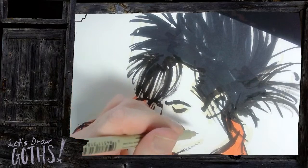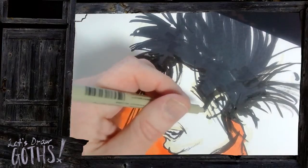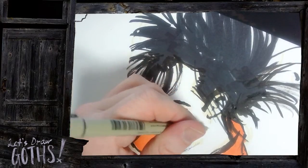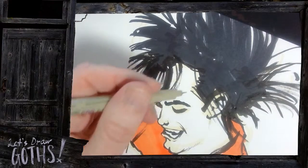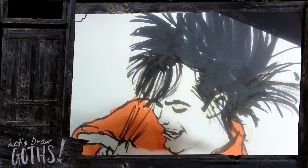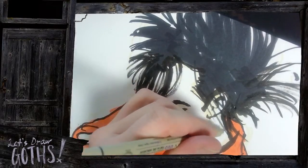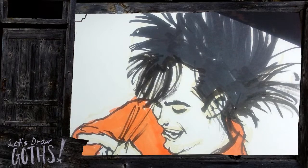And so if I'm doing something that's supposed to have an Edward Gorey look, with a lot of hatching, might as well use this. No need to dunk it into some kind of ink basin. You can work pretty quickly, and it'll allow you to do a lot of hatching. And I'm not going to go nuts because this is a live video. Why would I go nuts? But I'm gonna,